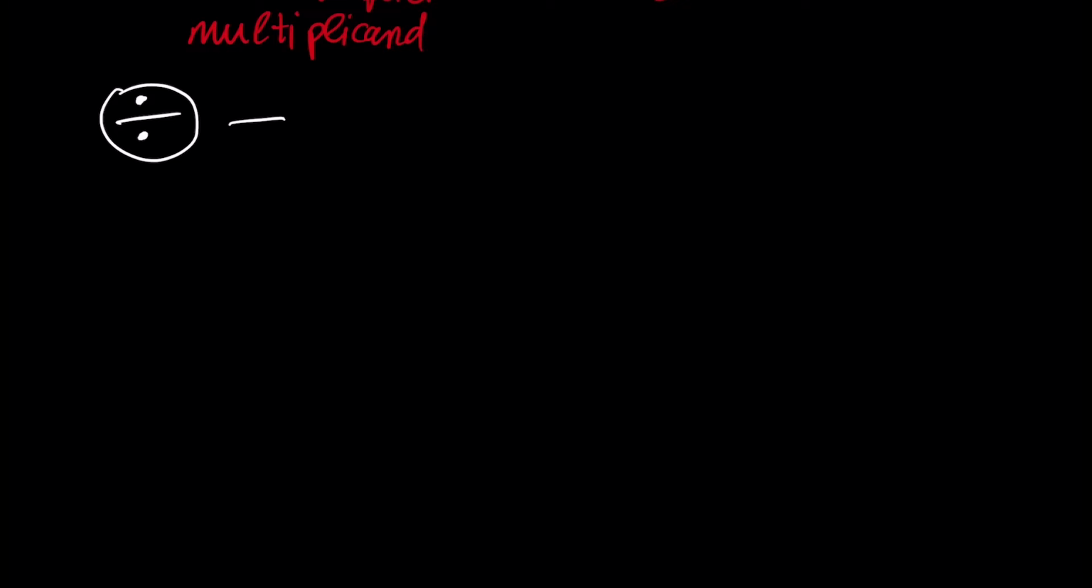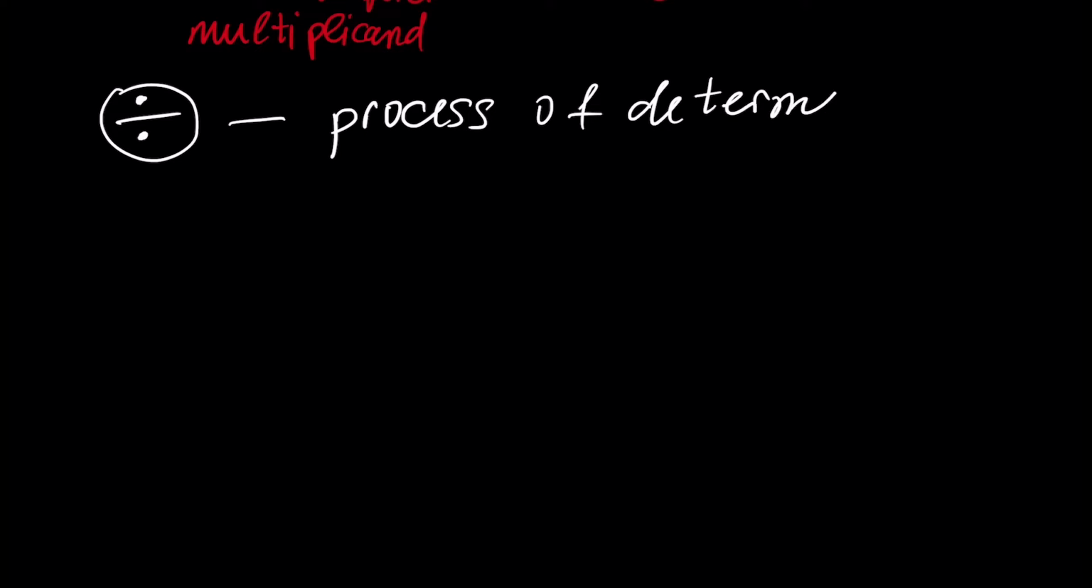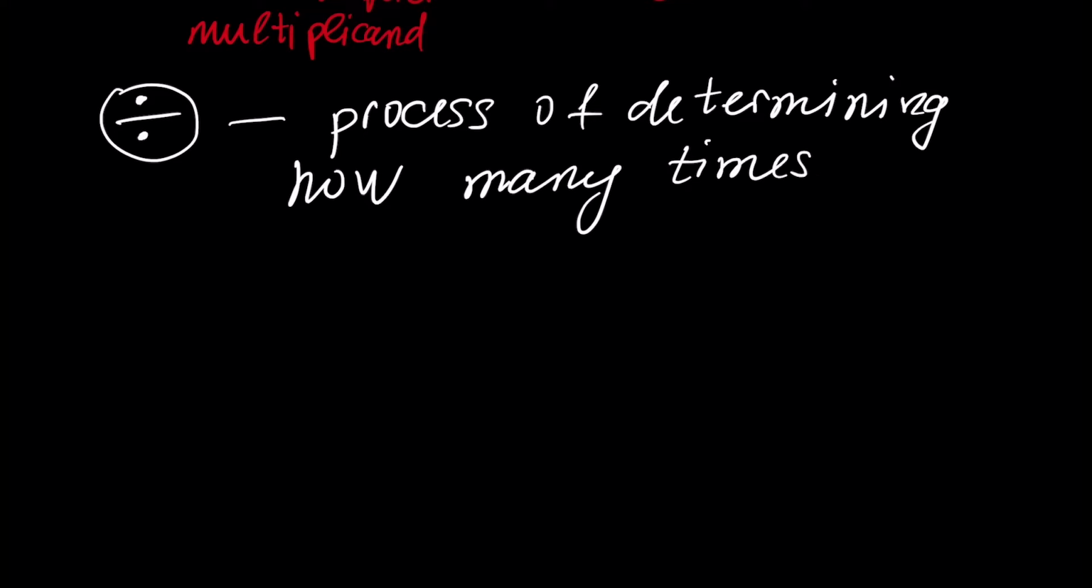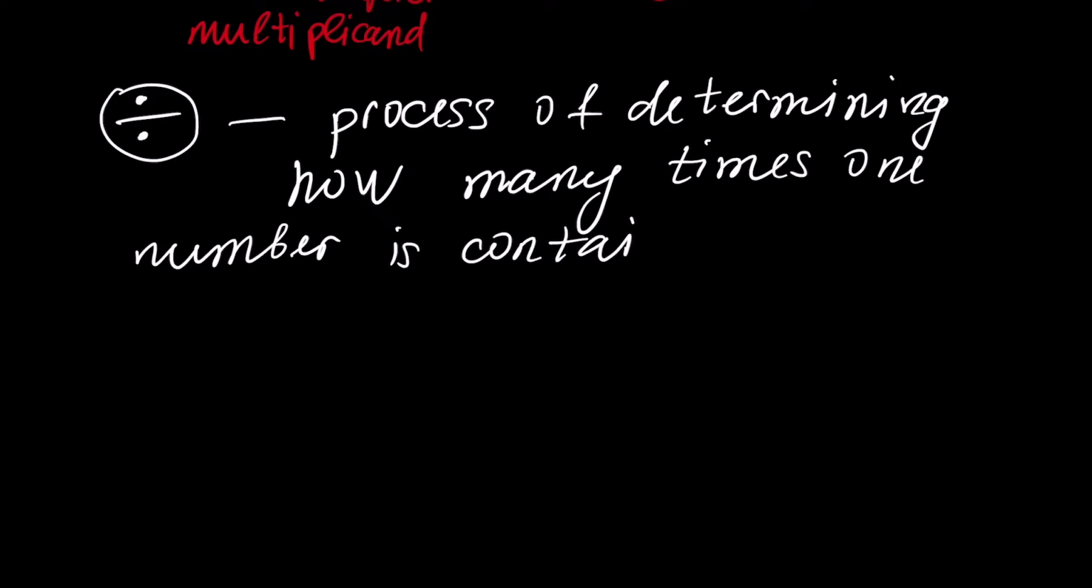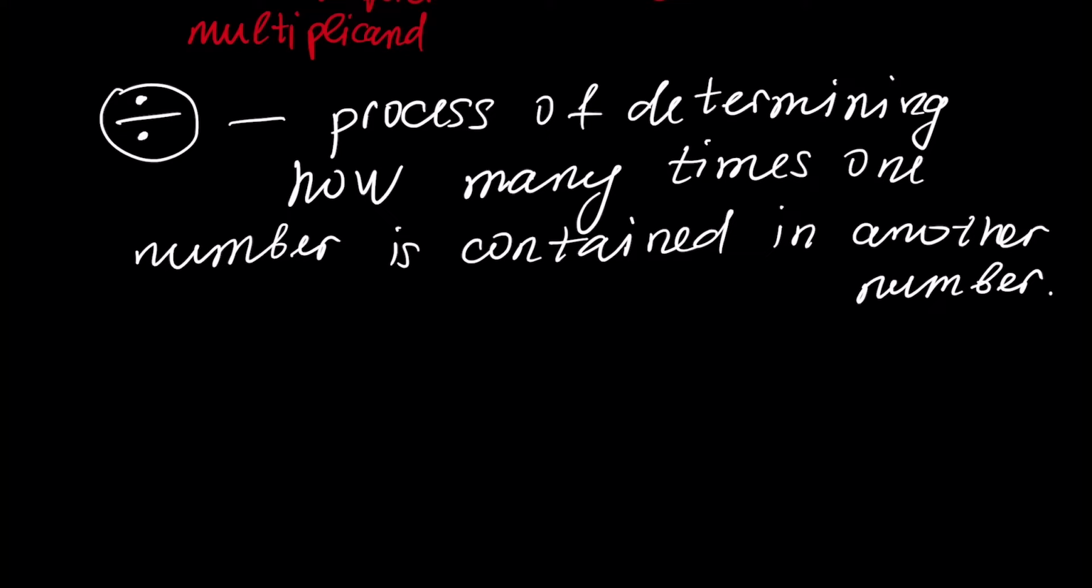Division can be described as a process of determining how many times one number is contained in another number. So it seems like quite a complicated definition, but this is just about how many times one number is contained